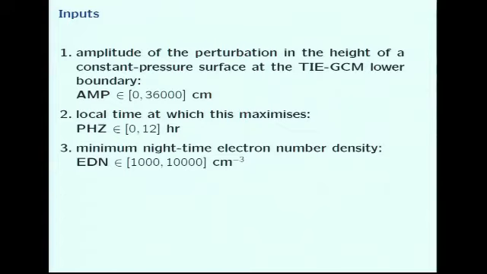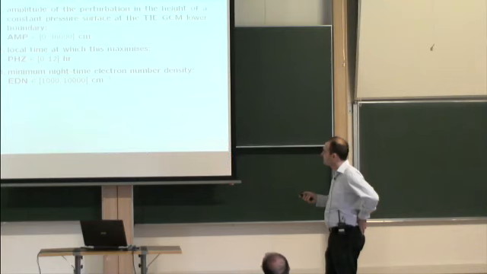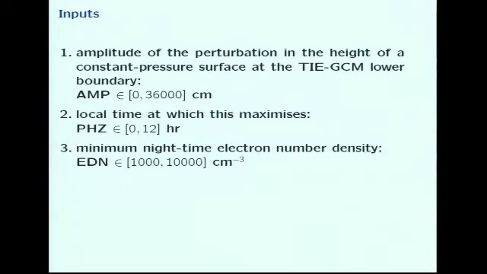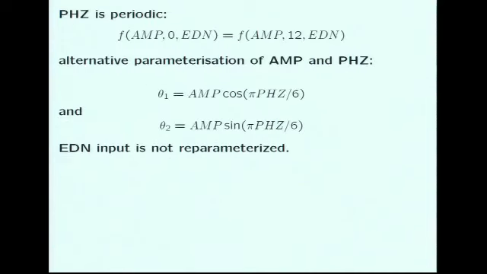But one problem was that 12 is equal to 0 for us. Having 12 or 0 phase doesn't matter, and we'll address that. This is a more straightforward parameter. So we have amplitude and phase. Another problem is that when amplitude is 0, you cannot determine the phase, really. Anyways, the phase is periodic, as I wrote down here. So we came up with this alternative parametrization of these initial parameters